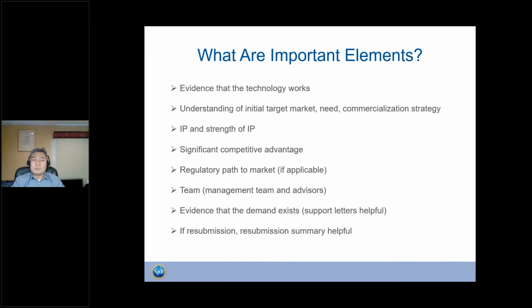We all know that companies will make mistakes, but as you know, the amount of money that we provide is not a lot, although up to $2 million can be significant. For most of the companies that are under my topic, it's not going to be enough to get to the revenue stage. So companies have to think about how they're going to use this money effectively, and I think having